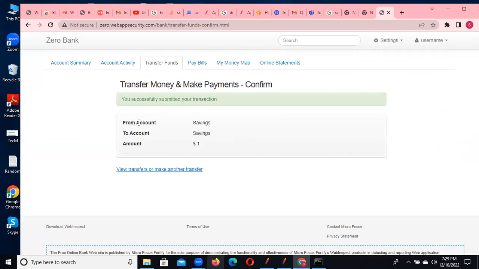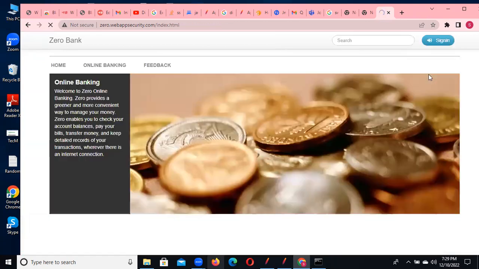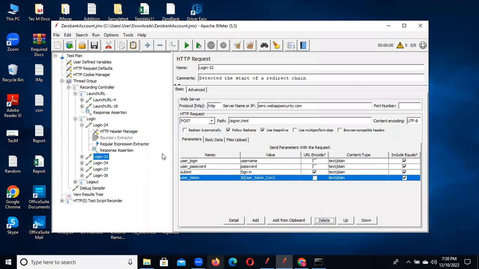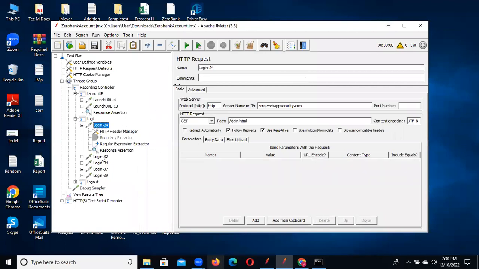So you are transferred successfully $1, and after that you can log out. In this scenario we are not seeing any dynamic applications because we don't have any drop downs, and we are not seeing this kind of thing. That is why you can observe here, when we did the correlation, we identified only one value, that is only